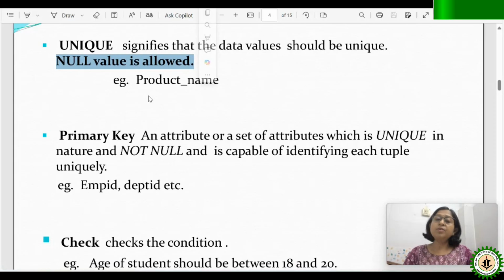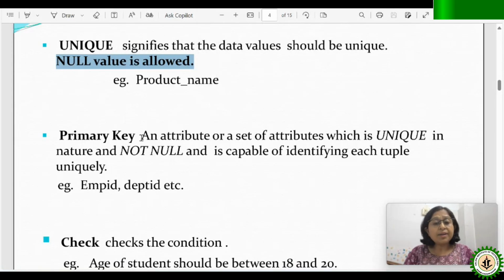Later on, when you are sure about the product name, you give a fancy name for the product. So you want to take some time. But your product ID is okay. So you are allowed to insert it with the null values. Later on, when you think, yes, this should be the right product name for my product, at any point of time you can update that null value with a fancy, appropriate name. So this is about unique and null concept.